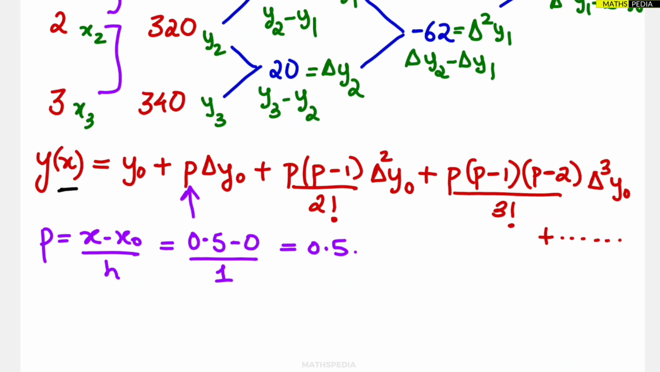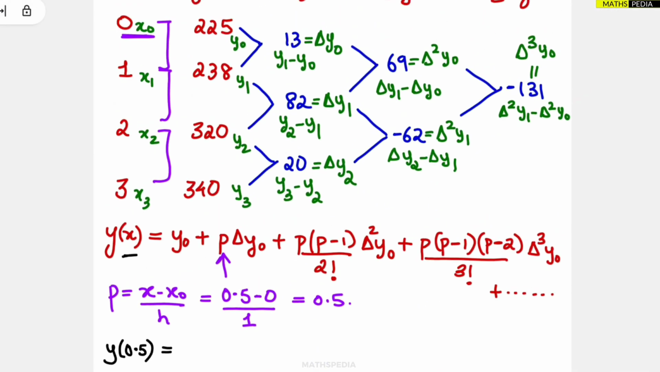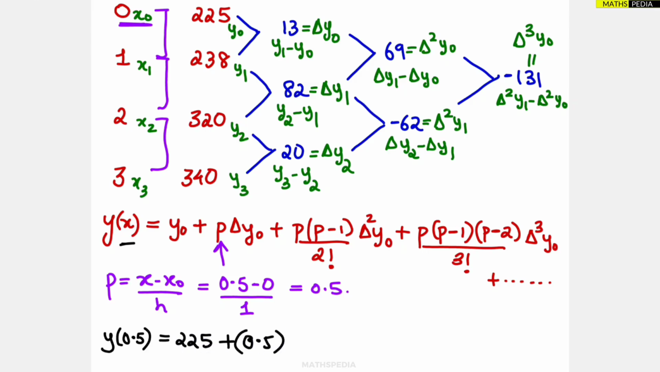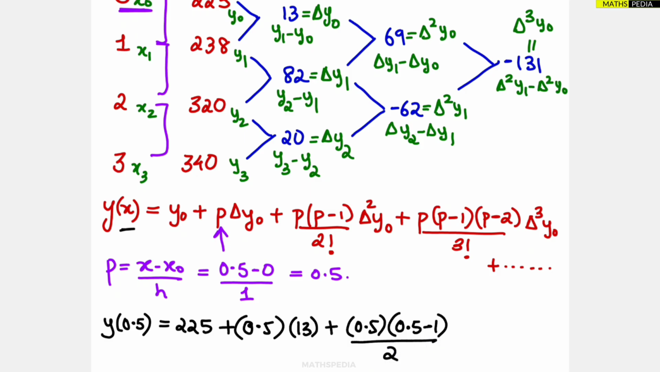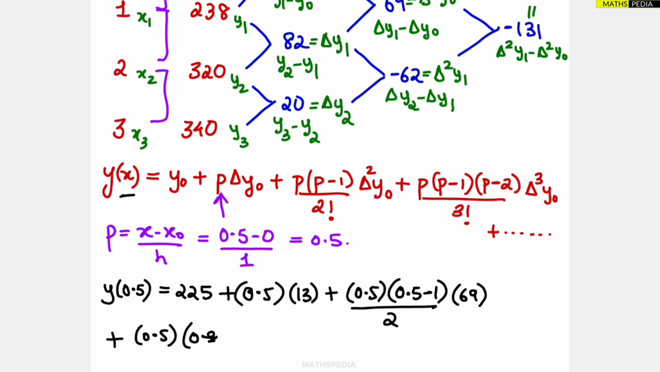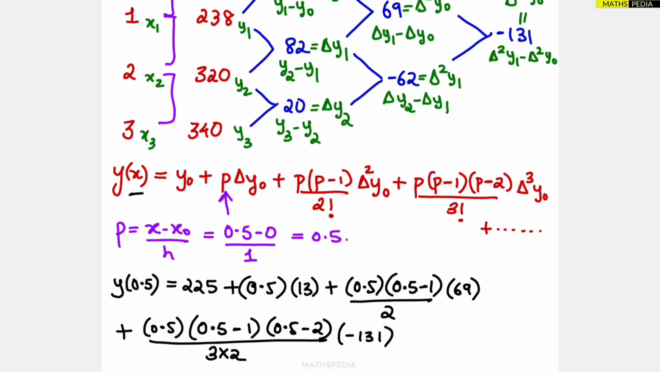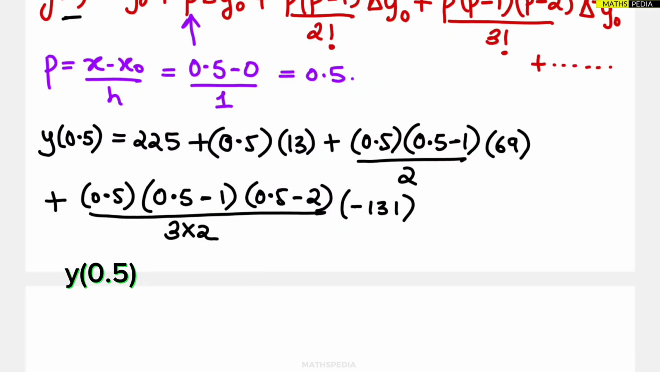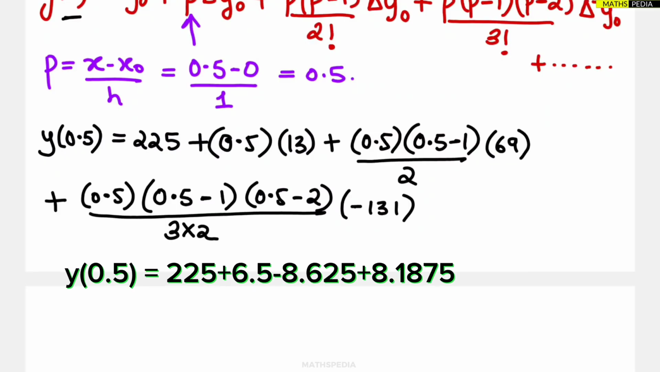So y of what they have asked in the question, y of 0.5, equals the y0 value. Everything you have to substitute. 2 factorial is 2 into 1, which is 2. Delta square y0 is given as 69. Plus... Now we need to simplify this. After simplification you will get the value of y of 0.5 as